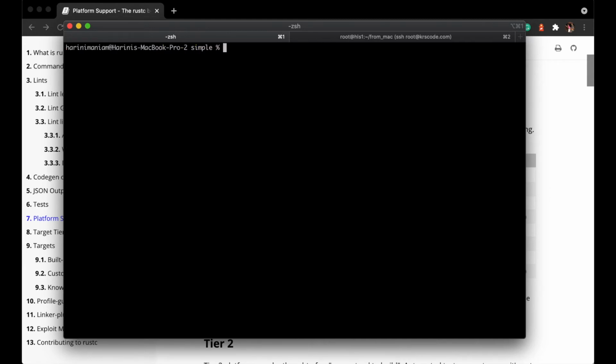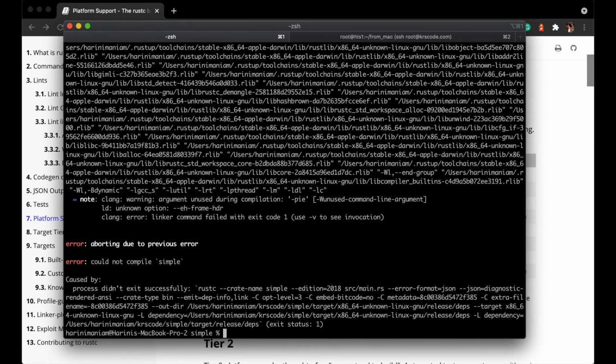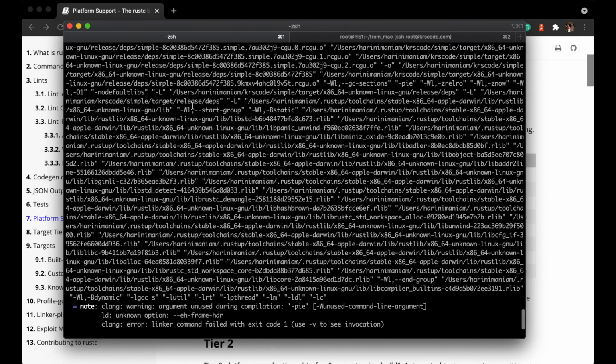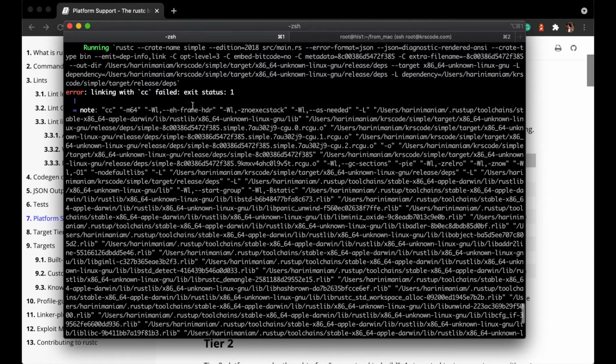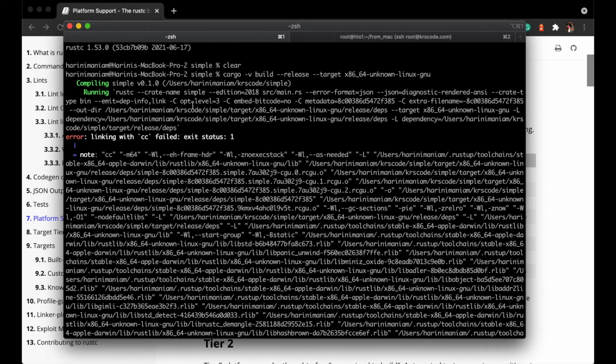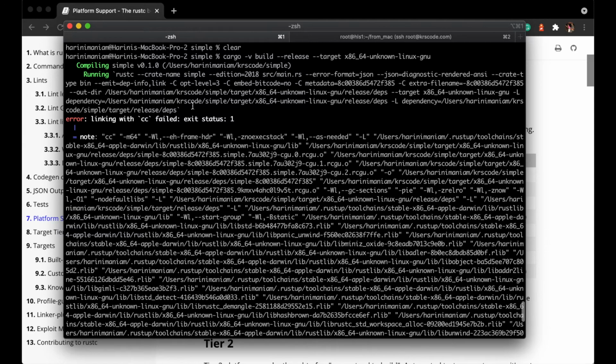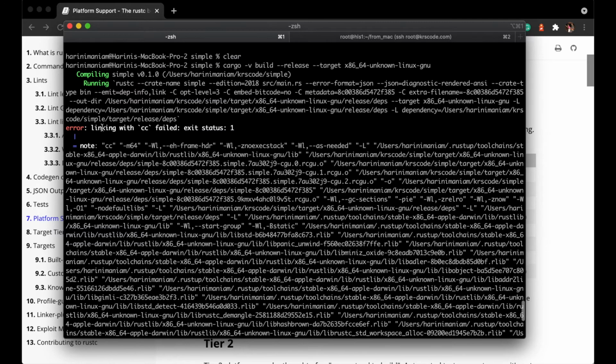Let me clear this, and now we'll reissue this cargo build --release with the target x86_64-unknown-linux-gnu. Now we are getting a different error, and errors are our friends, and we can learn a lot from this kind of errors, a page worth of error. So what it says is we have an issue in the linking process, linking with the cc file. So cc, a collection of compilers,